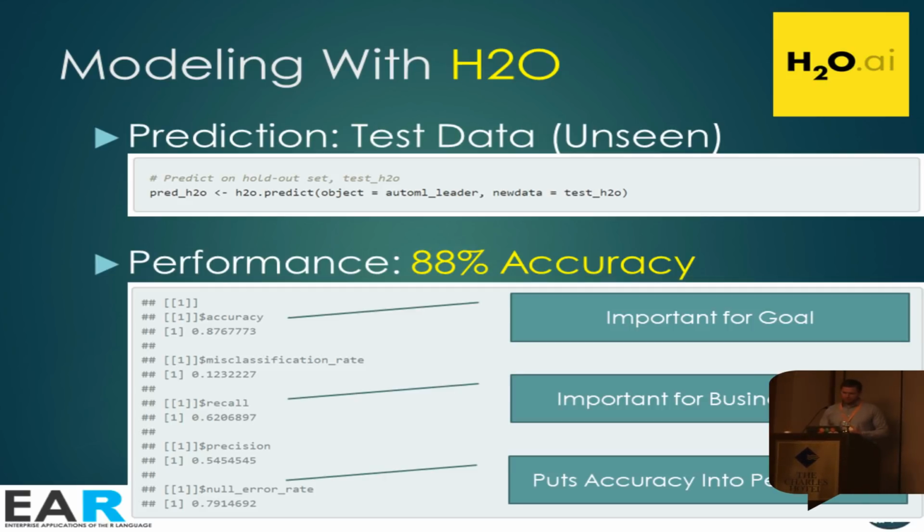And then the last thing I want to point out is this thing called the null error rate. So that's just if we picked for everyone the majority class, which happens to be not turnover. So if we just said no one turns over, we would get 79% accuracy. So this means that the model is actually doing pretty well. You can also do things like measure the AUC, area under the curve, or the ROC visualizations. But really, 87% accuracy or 88% accuracy, it's doing a pretty good job. And that's actually not bad for HR type data. Okay.